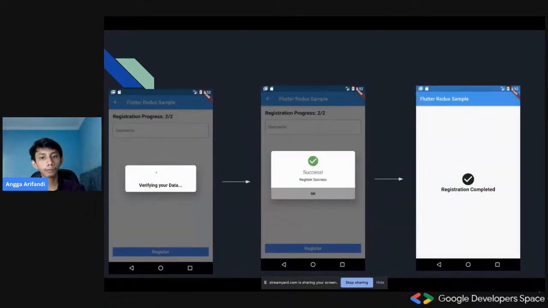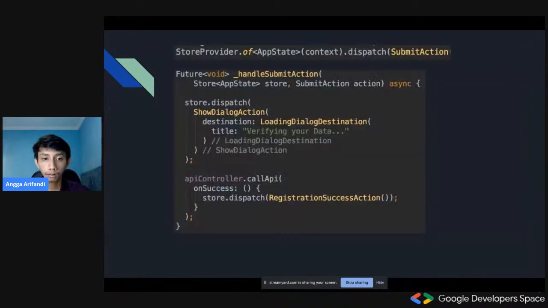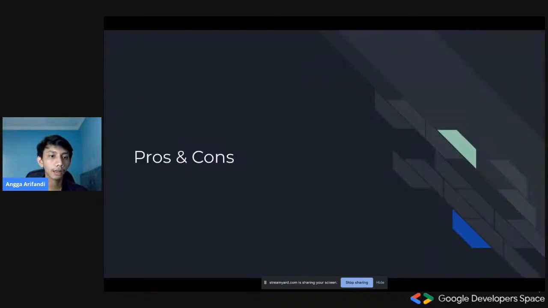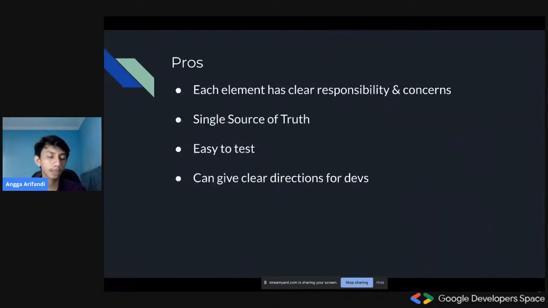Okay, so this is our application. It's actually pretty simple, but I think using Redux, we can make this simple application really testable, and the separation of concern is really clear in this application. Yes. Okay, so next up is, wait, I already explained about this. This as well. Okay, so last is the pros and cons of using Redux inside our application, inside our Flutter